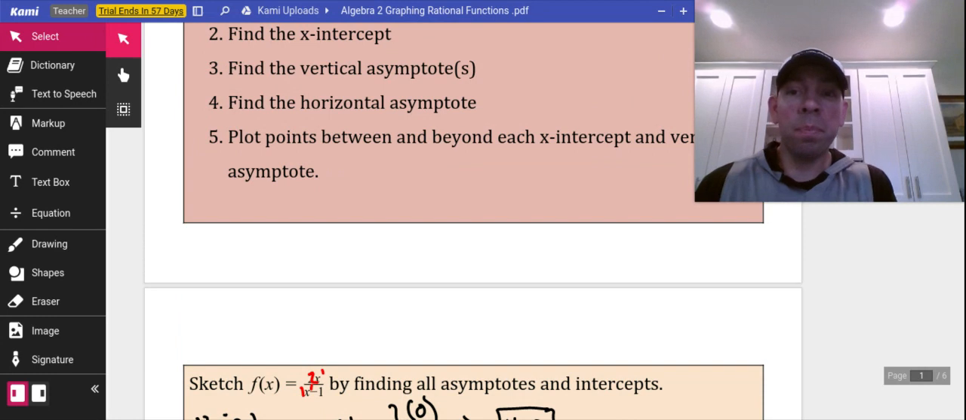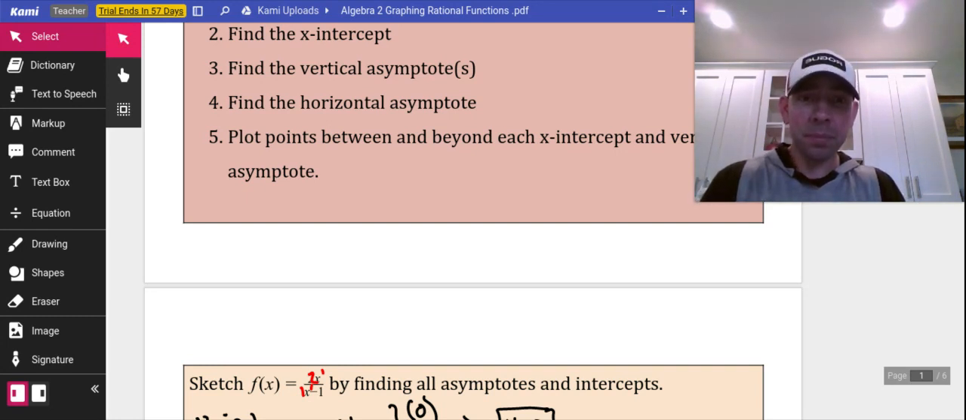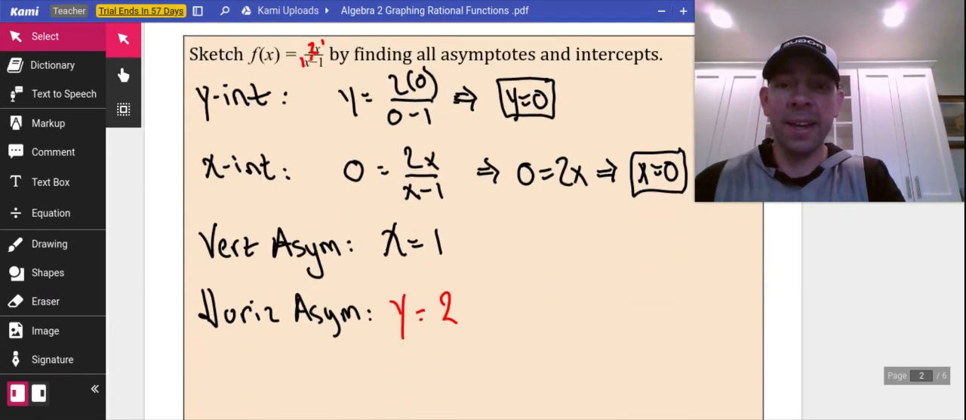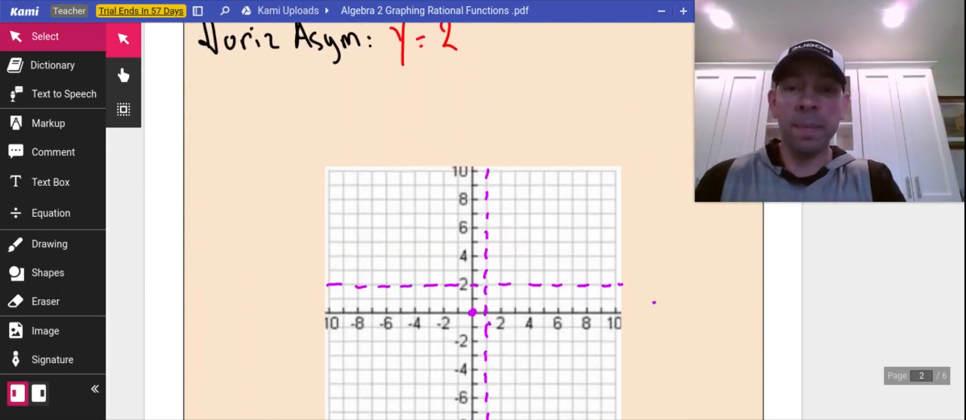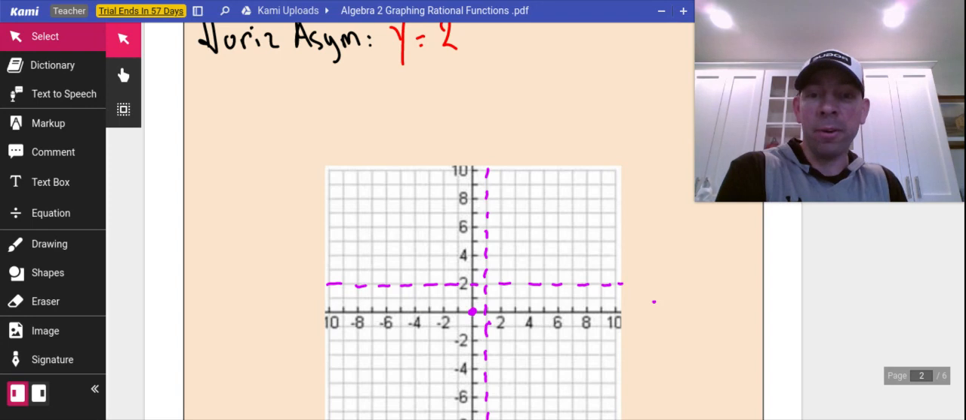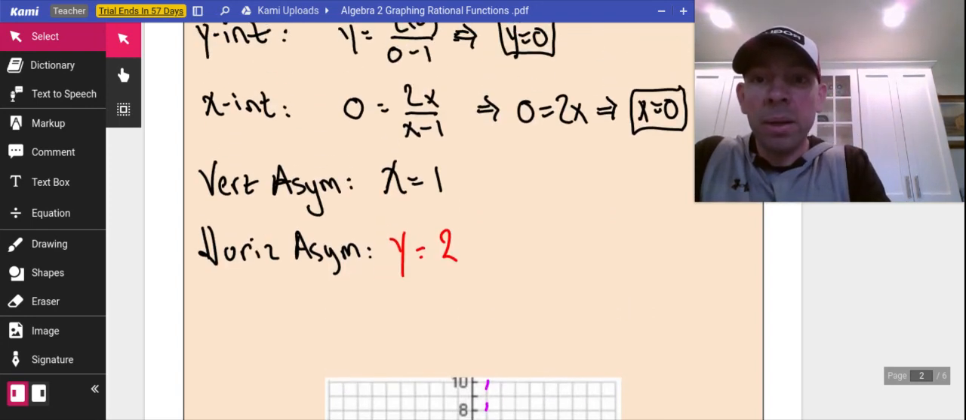We're going to plot points that are between and beyond. Beyond means to the right and to the left of each x-intercept and vertical asymptote. So what they're trying to say is, I want to find something to the left of my x-intercept, something in between that x-intercept and the vertical asymptote, and then something to the right of that vertical asymptote. So what I'm going to do with my table of values here,